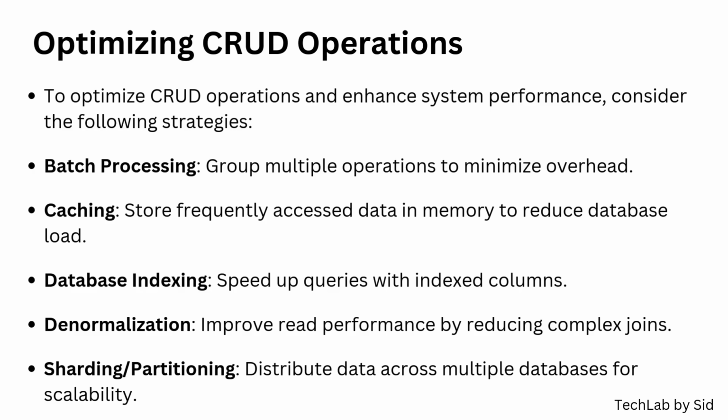Lastly, sharding or partitioning distributes data across multiple databases or servers, increasing scalability and helping to manage large datasets by spreading the load. These strategies help optimize CRUD operations, leading to faster, more efficient data handling and improved overall system